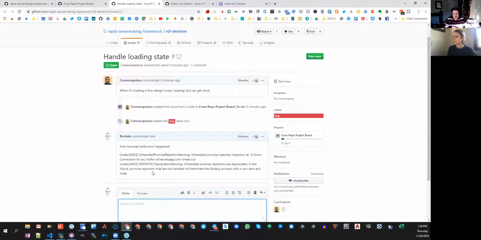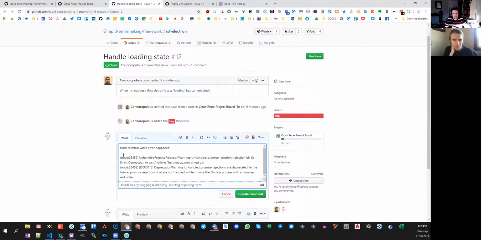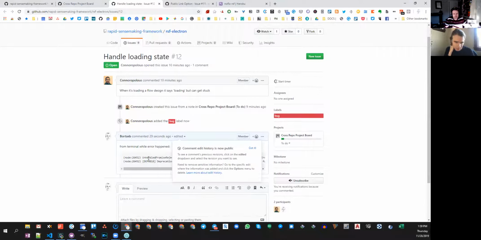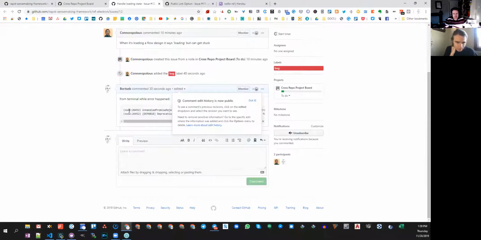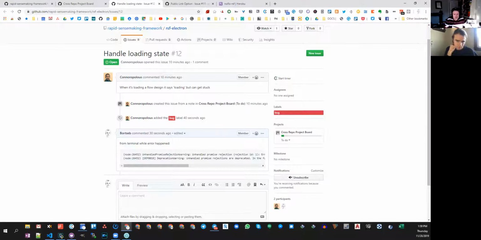Is there typically a way of pasting terminal stuff so that it takes on a little more code-type formatting? You can just use the triple backticks, that's the common markdown syntax for code-related stuff, before and after. Cool. Comment edit history is not public.